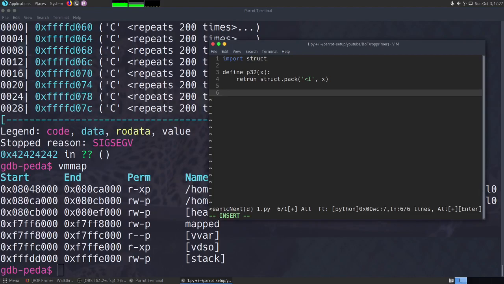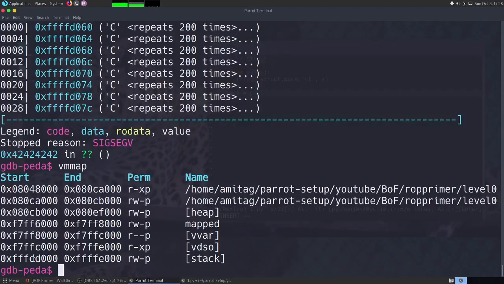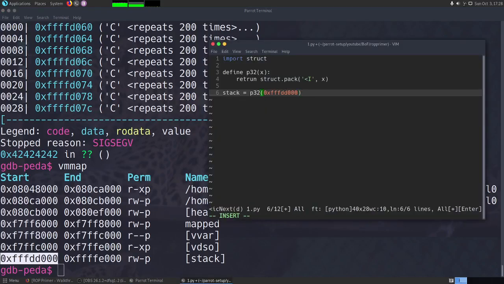Okay. Now we will note down where the stack is, and we will convert it to p32. This is the start of stack. But remember that we cannot write anything into stack directly and execute from there, right? So how are we going to do that? One of the simplest and easiest ways of doing this is removing the restriction that we have.